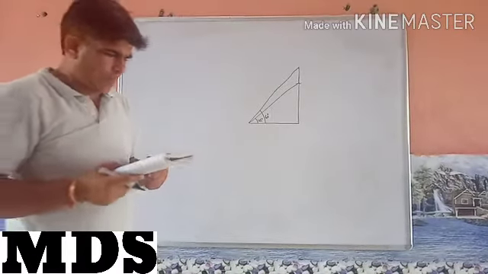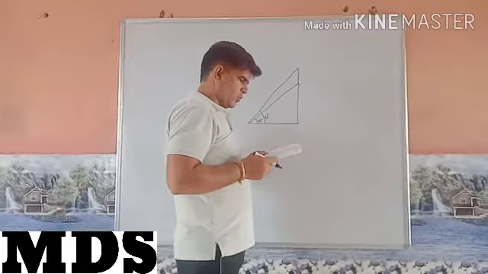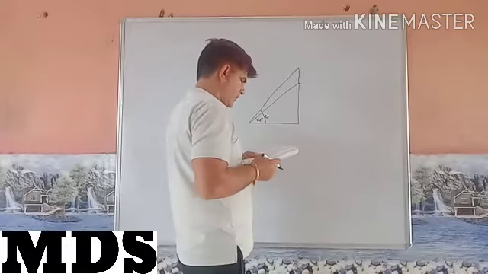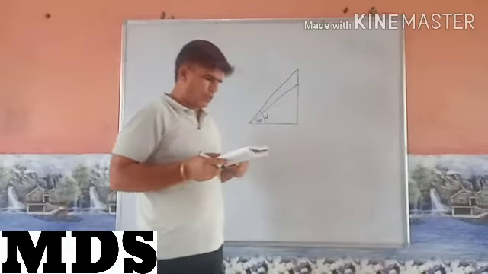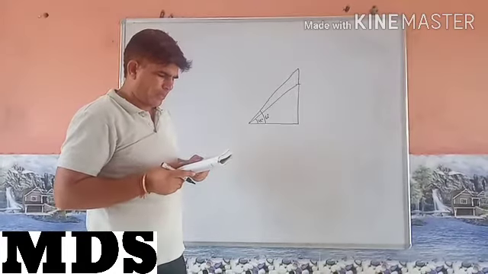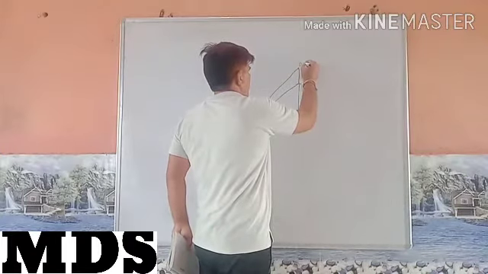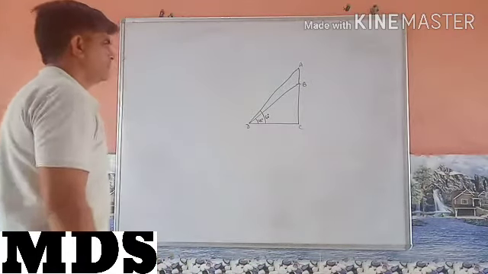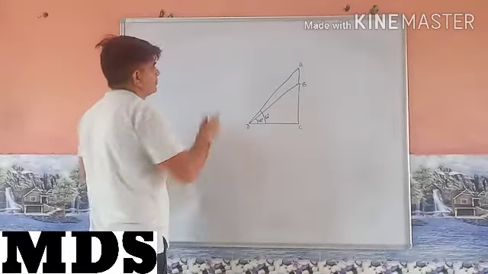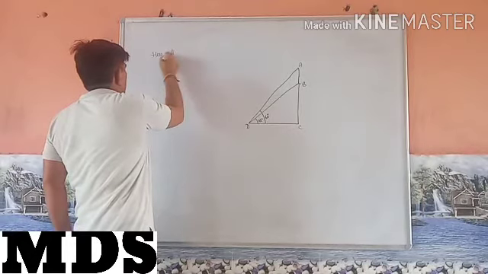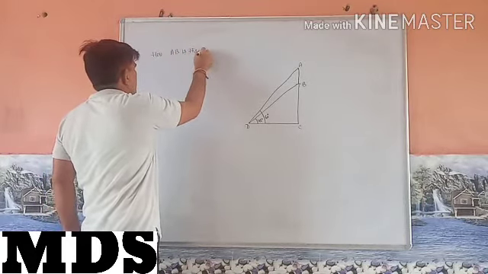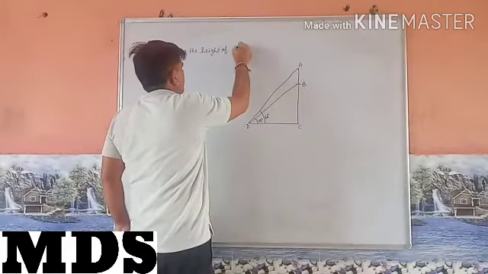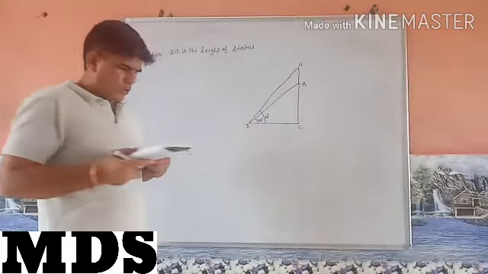A statue 1.6 meter tall stands on the top of a pedestal from a point on the ground. The angle of elevation of the top of the statue is how much? 60, and from the same point the angle of elevation of the top of the pedestal is how much? 45. Find the height of the pedestal. So this is A, B, C, and what's the name of this point? D. Understood? AB is what? Statue. AB is the height of the statue,